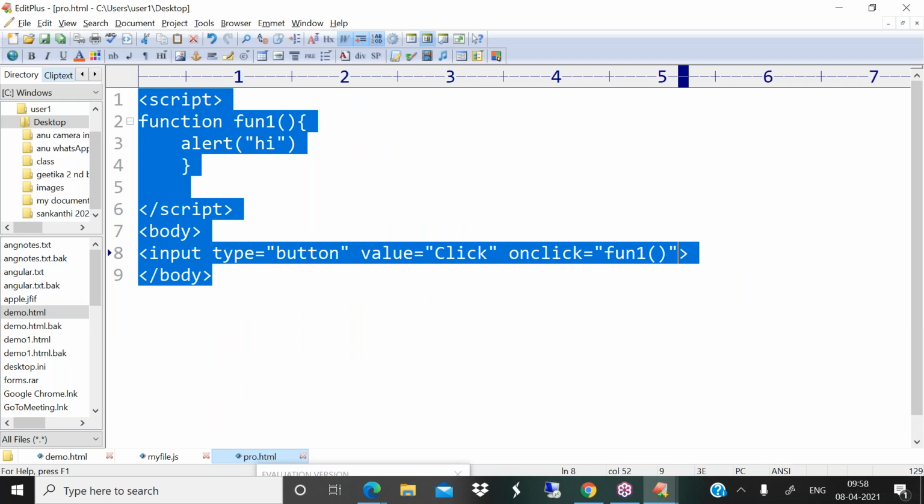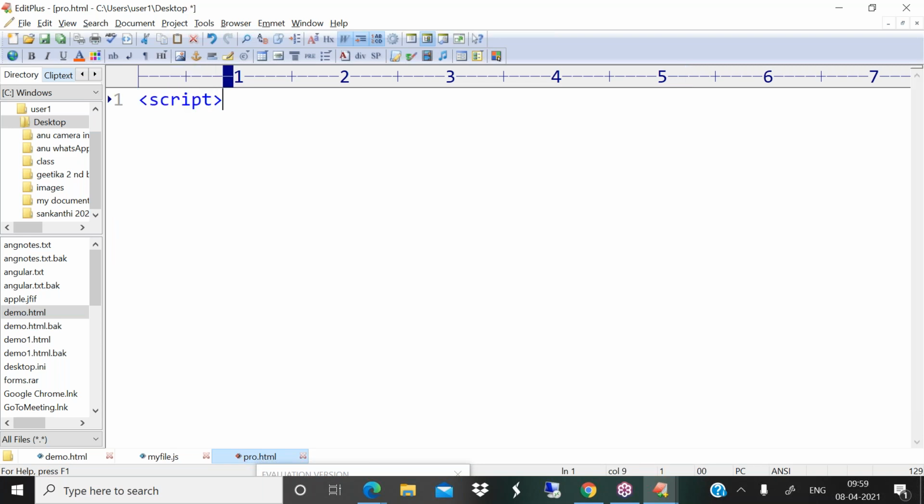My requirement is, when the user clicks on the print button, only then I want to display the print properties dialog box. So here, just the script opening tag and the script closing tag. I have taken it like this. In this script tag,